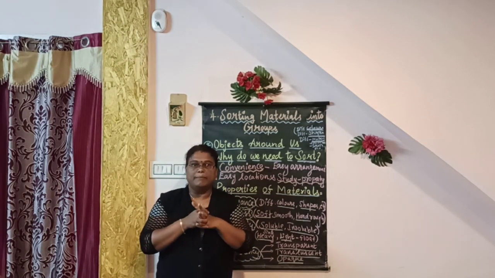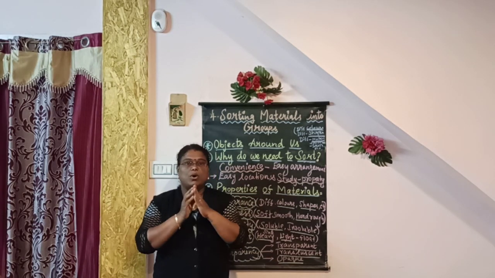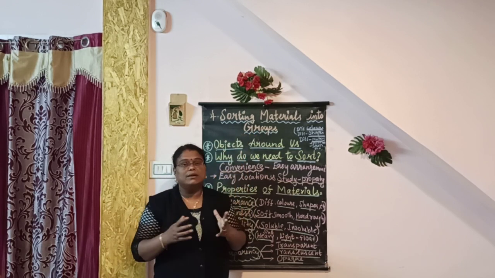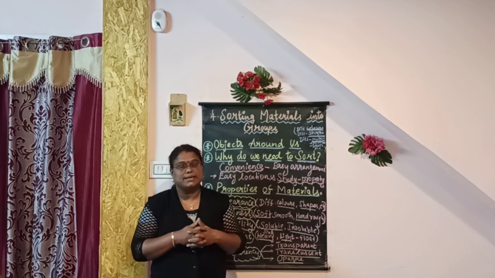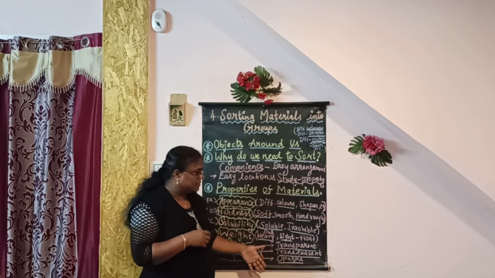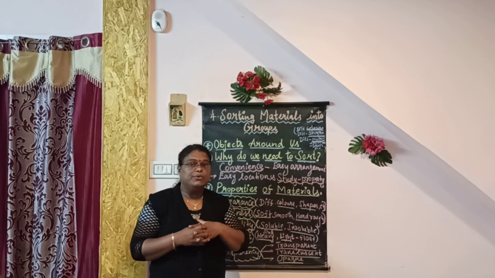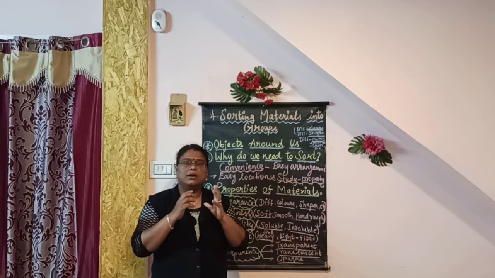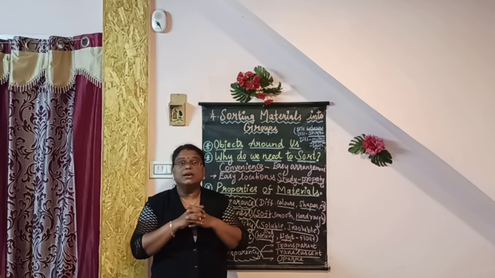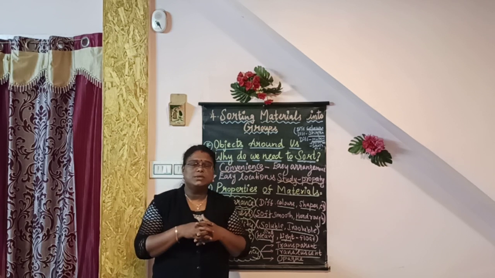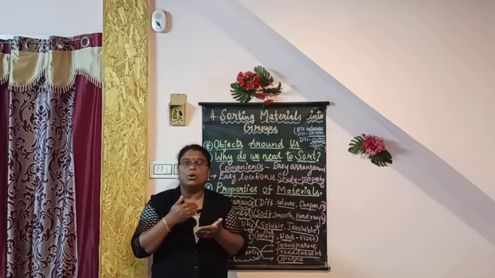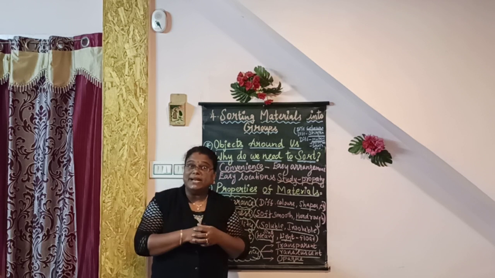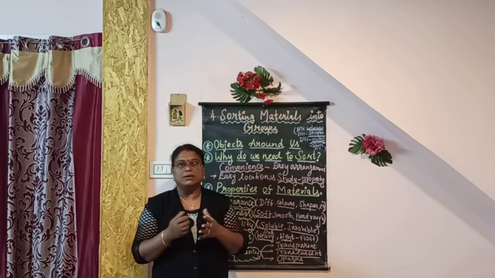And students, the main thing we are studying through this chapter is that we can study the properties of objects around us. And the assignment I am going to give for this chapter is, you are going to list 25 to 30 objects which are around you inside the house or outside the house, and also you are going to see what material the object is made up of.